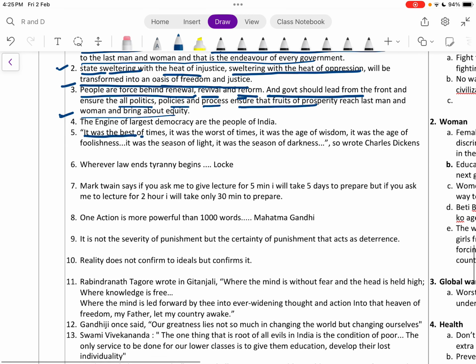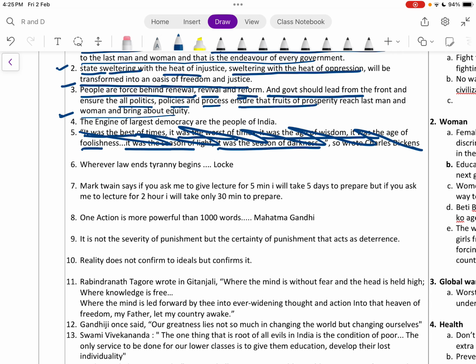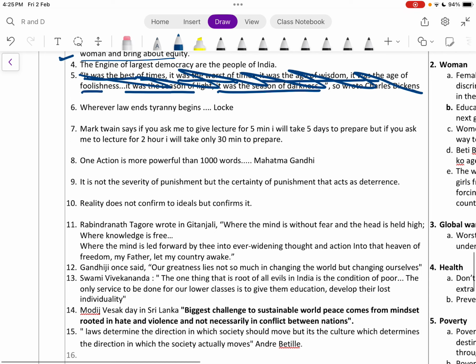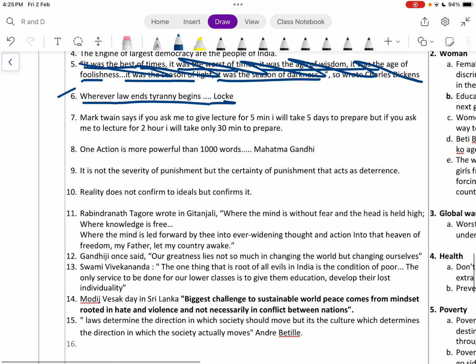It was the best of times, it was the worst of times, it was the age of wisdom, it was the age of foolishness, it was the season of light, it was the season of darkness. Okay, if I have not understood anything, I will not write it. Wherever law ends, tyranny begins. Locke. Mark Twain says that